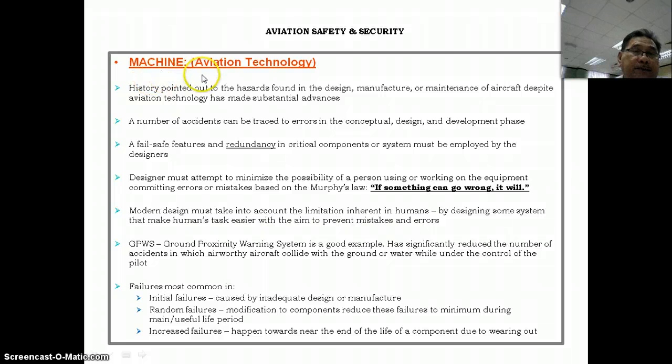What about the machine? History pointed out the hazard found in the design, manufacture, or maintenance of aircraft, despite aviation technology having made substantial advances. A number of accidents can be traced to errors in the conceptual, design, and development phase. Fail-safe features and redundancy in critical components